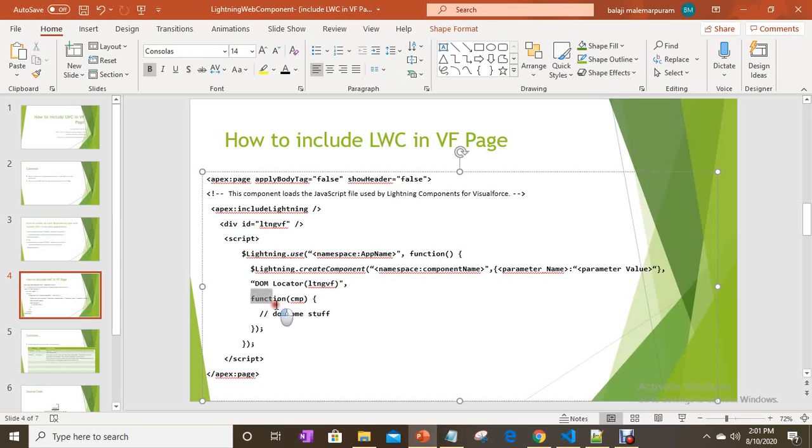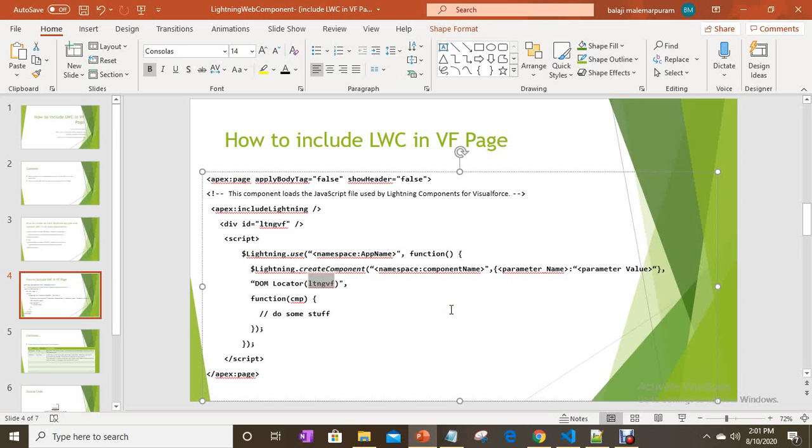And the callback function just takes the argument of the component created and adds it to this page. Your component is added into this div because you specified it in the place of the DOM locator. That's it, this is simple. You can add your Lightning Web Component into a VF page.